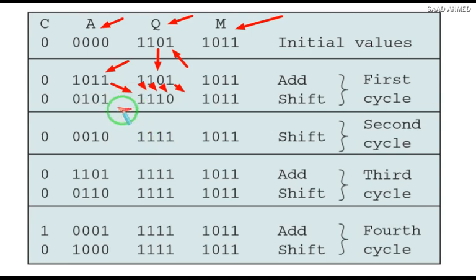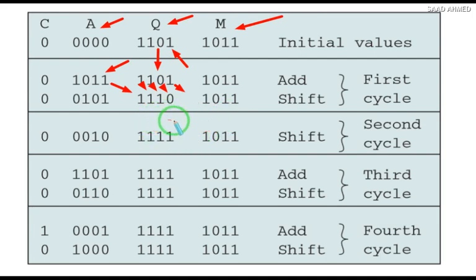So this is how shifting happens: one bit is shifted to the right side. The cycle is completed. It checks whether the count is 0 or not. If the count is not 0, which it is not in this case,